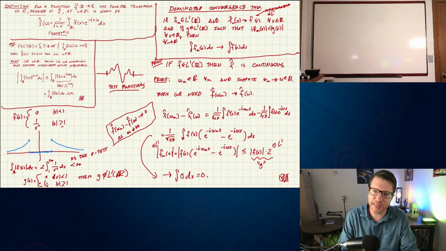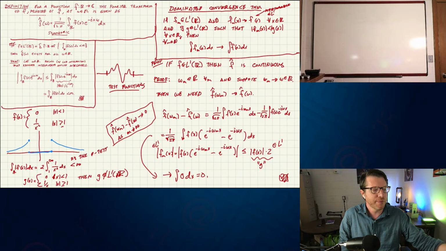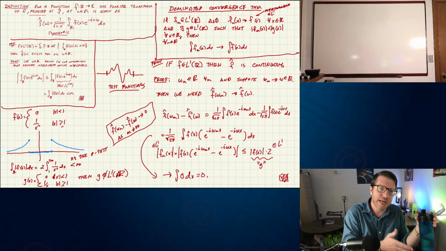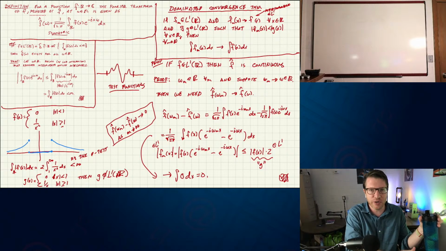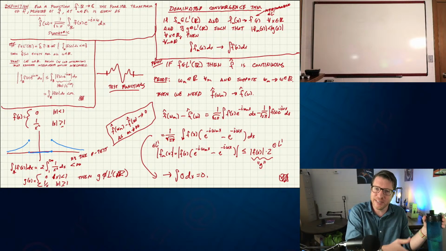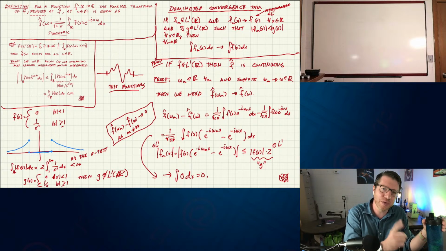Now we want to prove something a little bit stronger. We're not only going to have a continuous Fourier transform, but when you have an L1 function, it turns out that you also have a decaying Fourier transform. So it's going to go to 0 as you go off to infinity. This is going to be really important when we talk about Schwartz space functions, because we want to show that if you have a rapidly decreasing continuous function, that also maps to a rapidly decreasing continuous function. But that's a lecture for next time. For now, we're just going to show decay.